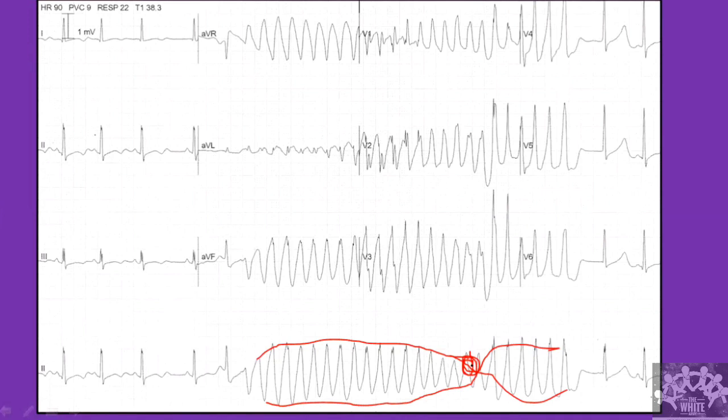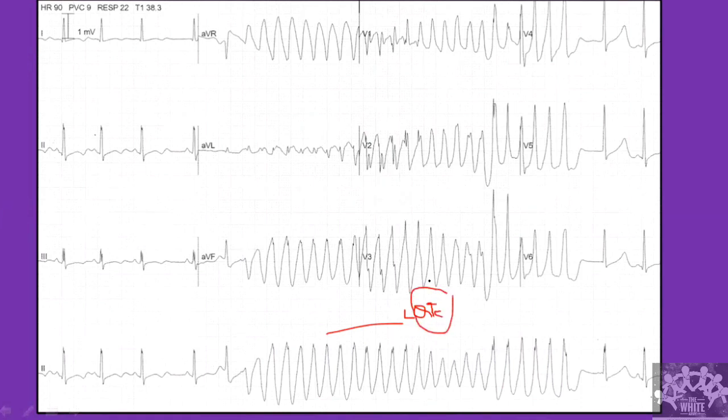That means it seems that the activities are spinning around a single point. From here it increases like this, and then from here it increases in this direction. So this is called a torsade rhythm. This is a classical feature when you have a long QT. Whenever the QT interval is prolonged, there are high chances of this being generated.